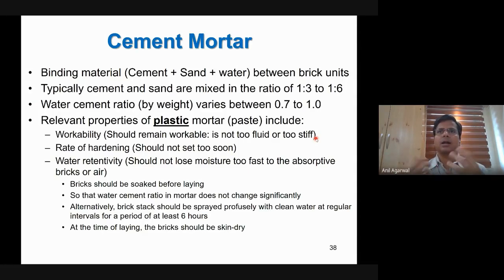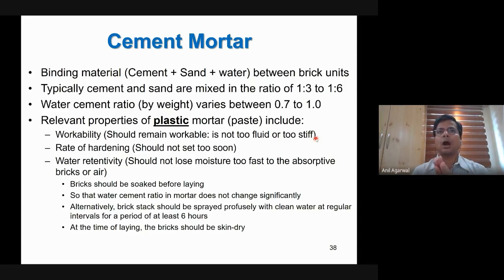within 2 hours. Because if it hardens, it cannot be disintegrated and hardened again, because once the hydration process has started, you have very little time left. As long as it is not hardened, you can mix it again and then use it. So that's why you need a decent time window in which you can use this mortar without it hardening, and as soon as it starts to harden, it will lose the workability. Then you cannot really lay it nicely.